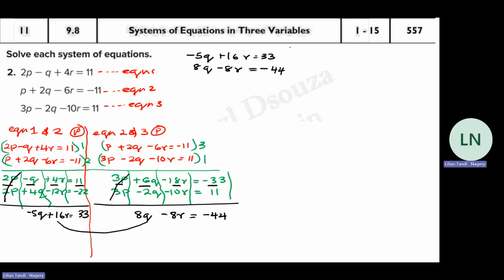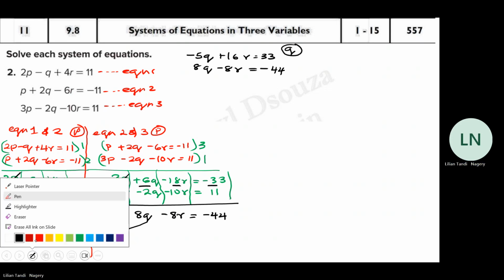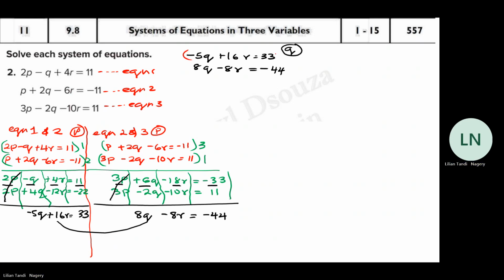Okay, we are eliminating who? Q. Okay. So if we're eliminating Q, this becomes negative 5, and this becomes 8. So my new equation is 40Q negative